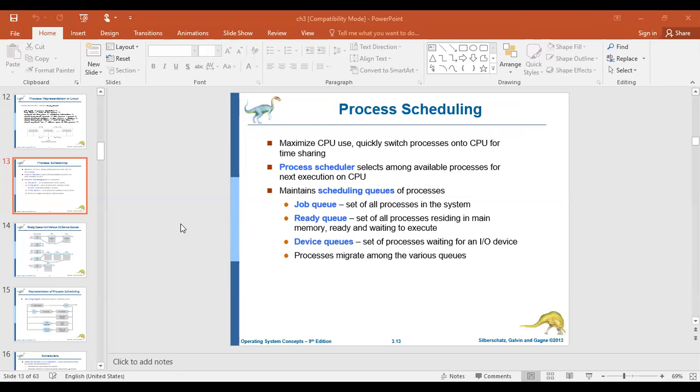Okay, so why we need to think about this maximization part of the CPU? Usually, when one task is assigned to the CPU, it starts the execution of the task. Don't worry, task, job, process, I'm using these three words interchangeably. Don't be confused, all of them convey the same message.